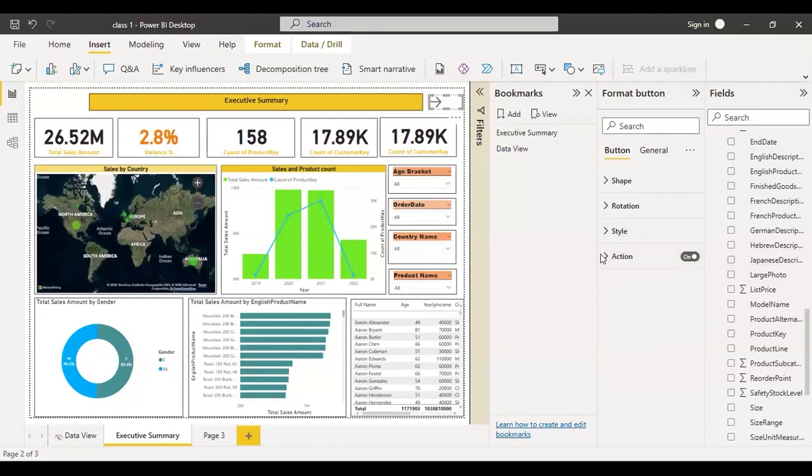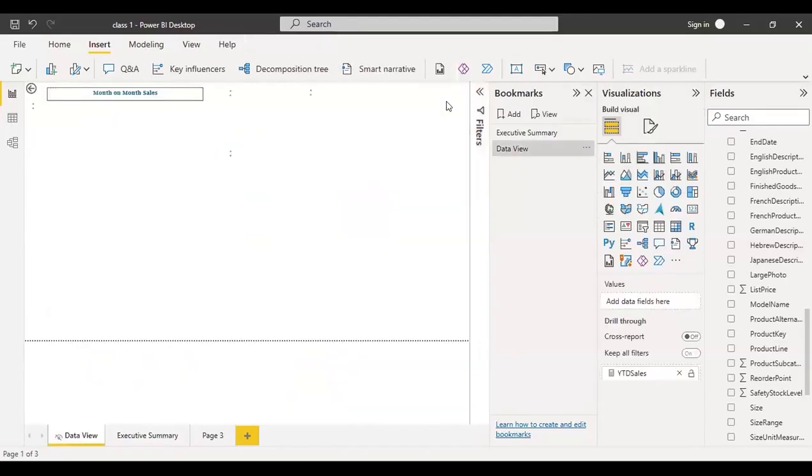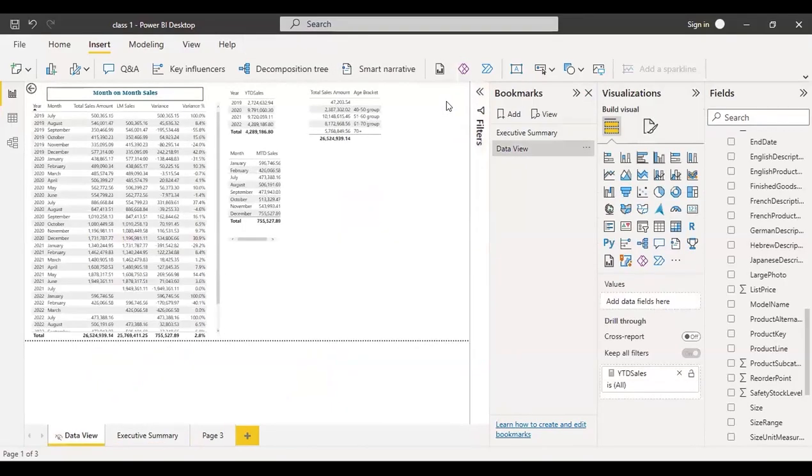Now you can even add a tooltip and all, you can add a text here, like go to this link and all. So if you see, if you hover on that button, it is saying Control plus click here to follow the link, which means to click this button, you need to press Control first and then click, and you'll navigate to the data view page. So the page was hidden, but you navigated to that page. Now,